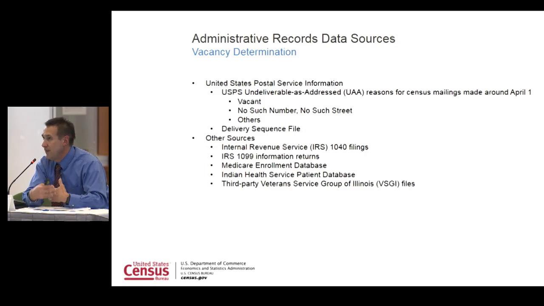We also use information from the delivery sequence file, which has been delivered to us. Is this address classified as residential delivery? We also look to use other sources of information. From the Internal Revenue Service, we are able to use 1040 tax filings and also 1099 informational returns, your W-2 statements, your informational returns about dividends. We thank the Internal Revenue Service, because starting in 2015, they started in February of a year providing us monthly deliveries of those. So we were able to have the tax filings right before they had been processed by IRS, right before the start of our non-response follow-up operation.